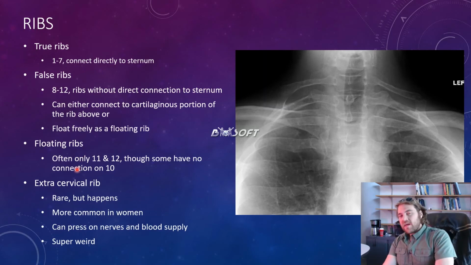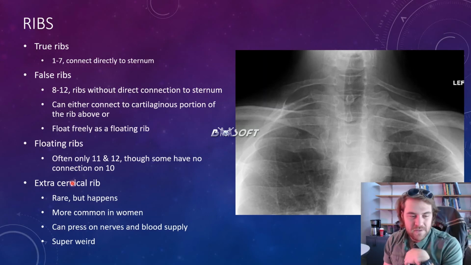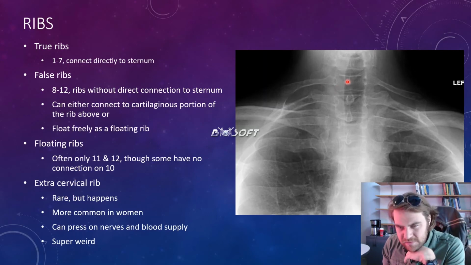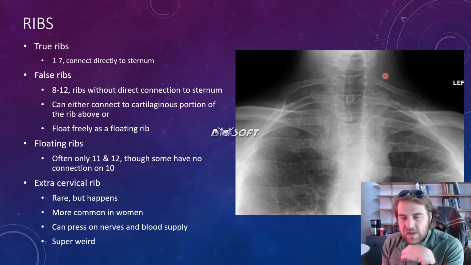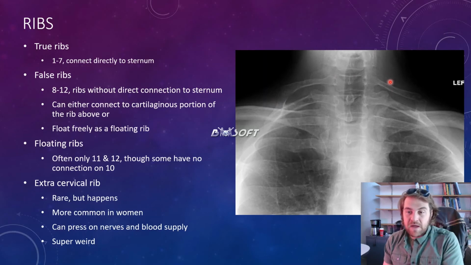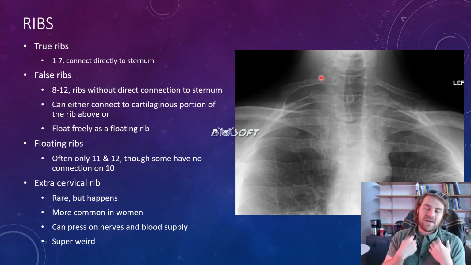And then also, some people can have an extra cervical rib at the top. It's rare, and you can kind of see it right here and here. You get this weird extra cervical rib. So cervical meaning at the top, not at the bottom. It's more common in women. I'm not sure why. And it's not a great thing to have because it can actually push on both the blood supply and the nerves that kind of move around the